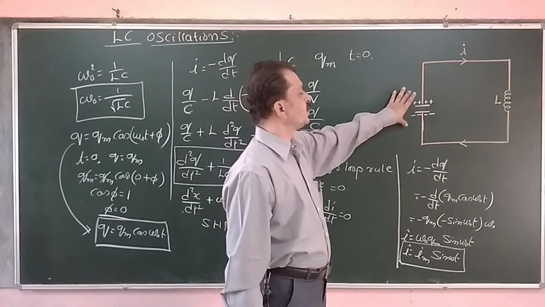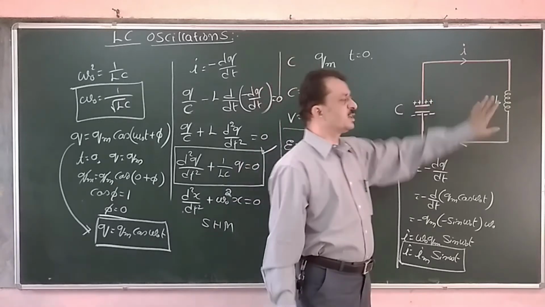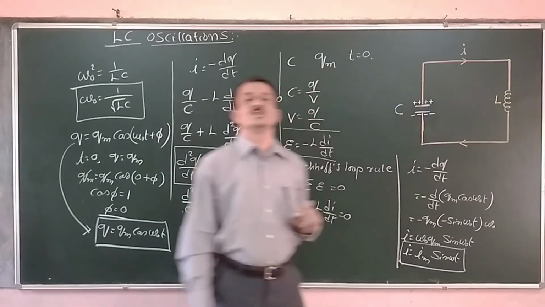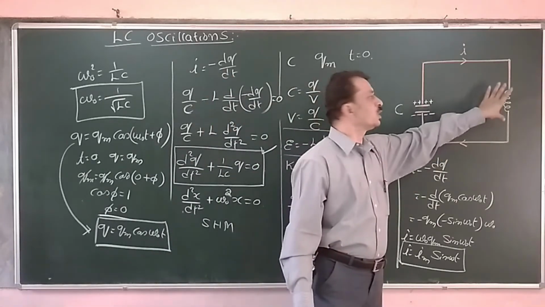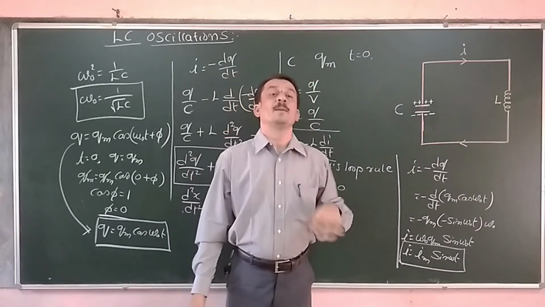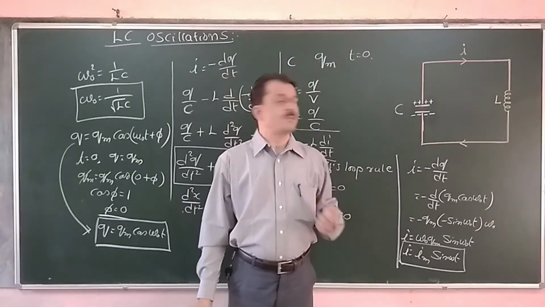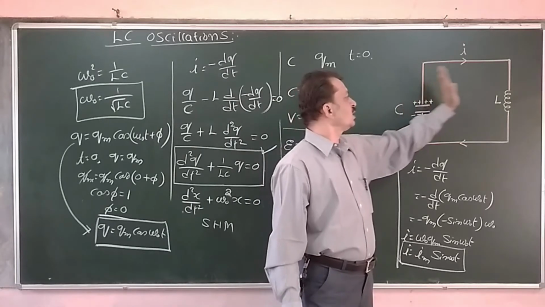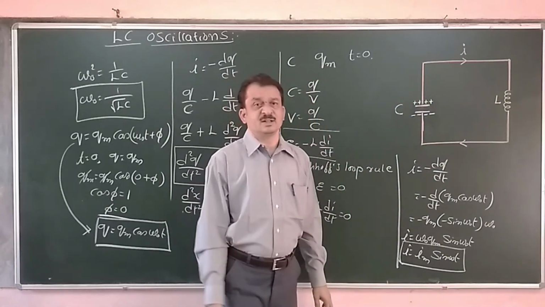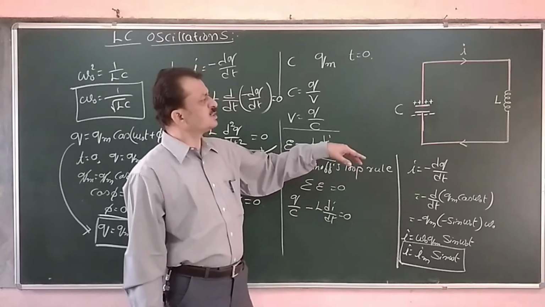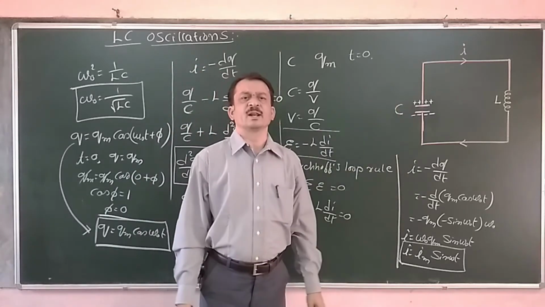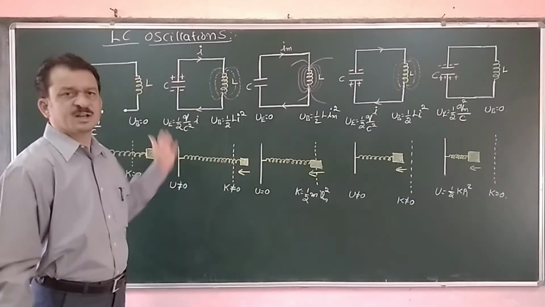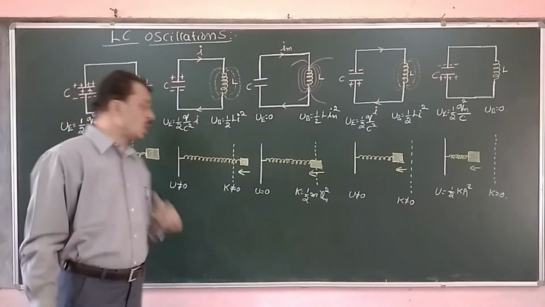Now initially there is electrical energy. As and when the inductor is connected, the current starts to flow. Therefore an EMF is induced, and hence energy is stored in that coil in the form of magnetic energy. Magnetic field lines are produced in the inductor. So the electrical energy is converted into magnetic energy, and later on the magnetic energy gets converted back into electrical energy. Now we will study how an LC oscillator works, that is, how it is going to oscillate.